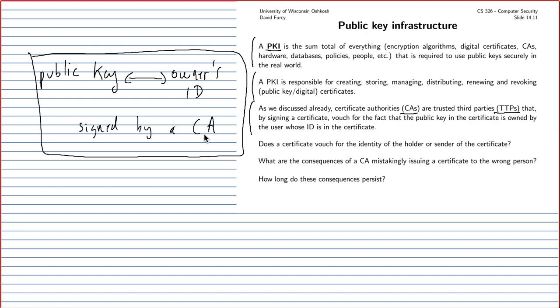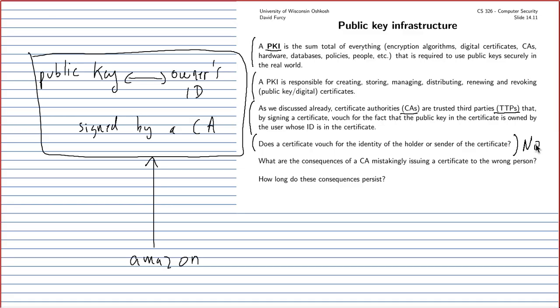So, does such a certificate vouch for the identity of whoever sent you that certificate? So let's say you're receiving this certificate, and say from Amazon, or at least the sender claims to be Amazon. The fact that this certificate has the owner's or the Amazon's identification information, and even though it's signed by the certificate authority of Amazon's choice, can you trust that this certificate was actually sent to you by Amazon? And the answer is no.